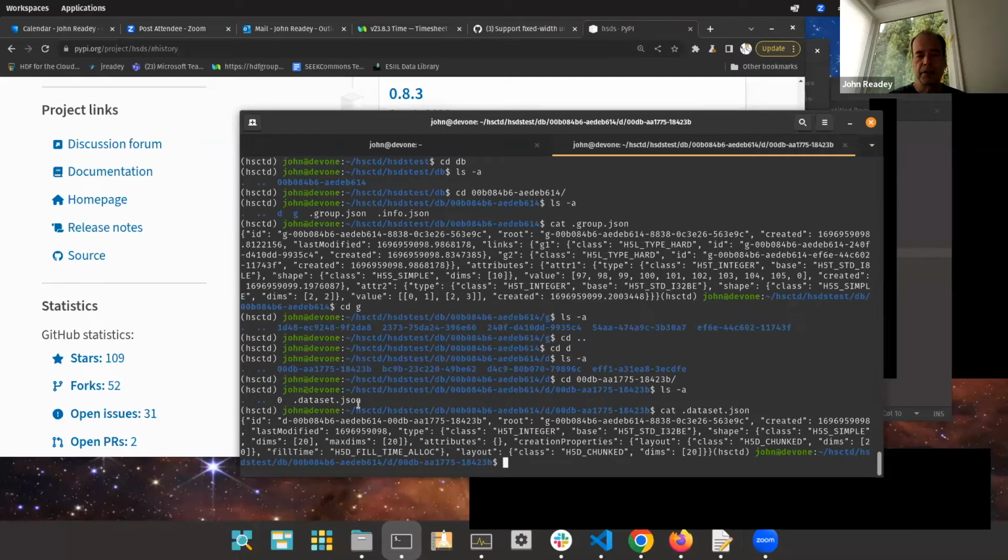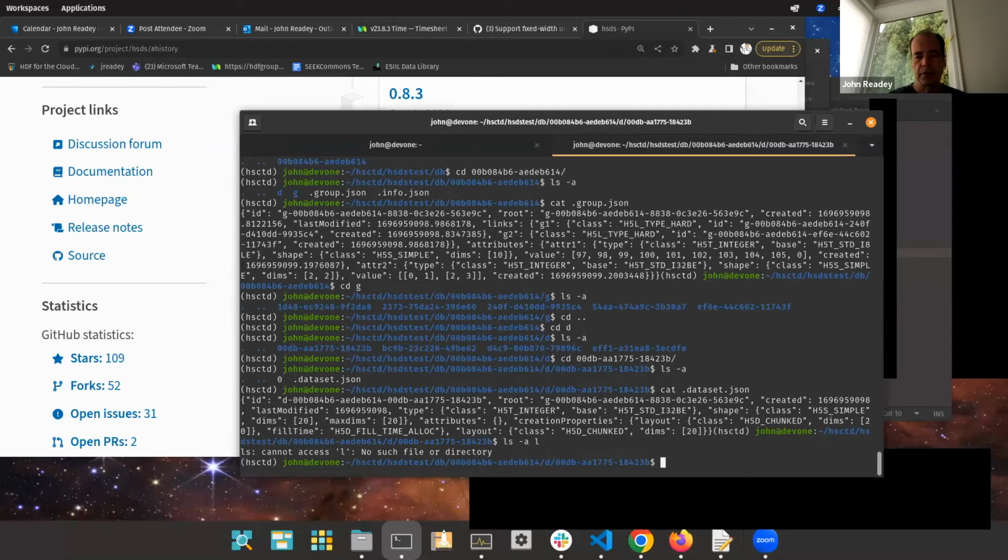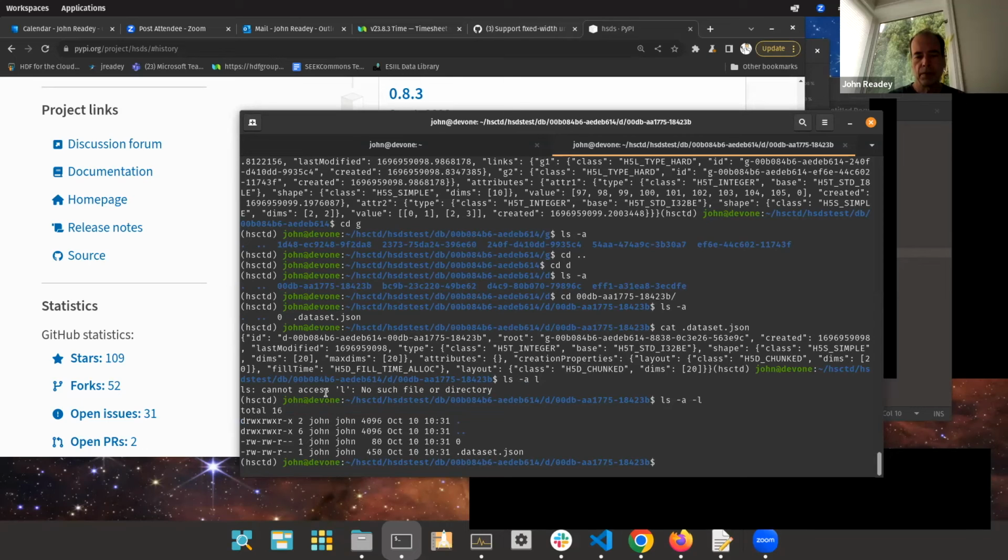And you'll notice there's this thing called 0. That actually is the chunk data for this dataset. So here in this dataset, there's only one chunk, and it's one-dimensional, so your chunk is 0. If you had more, you'd have 1, 2, 3 for each chunk index. So a couple of things: why is it that if I back up